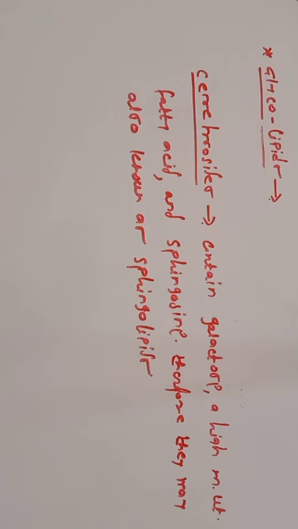So, glycolipids contain sphingosine or isosphingosine, fatty acids, and sugar, a carbohydrate moiety such as sugar, amino sugar, and sialic acid. In these cerebrosides, it contains galactose as a sugar residue, high molecular weight fatty acids, and sphingosine as an alcoholic group, and therefore they are also known as sphingolipids.